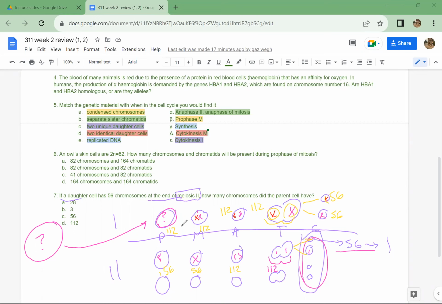And we could reduce this question so that it's evident through the picture that if a cell had two chromosomes at the end, had one chromosome at the end of meiosis 2, how many chromosomes did the parent cell have? If we had one here at the end, and we followed the journey of a single chromosome all the way back, we'd see that at the beginning, through the processes that we described, it would have two chromosomes. So we have a chromosome ratio from cytokinesis 2 to prophase 1